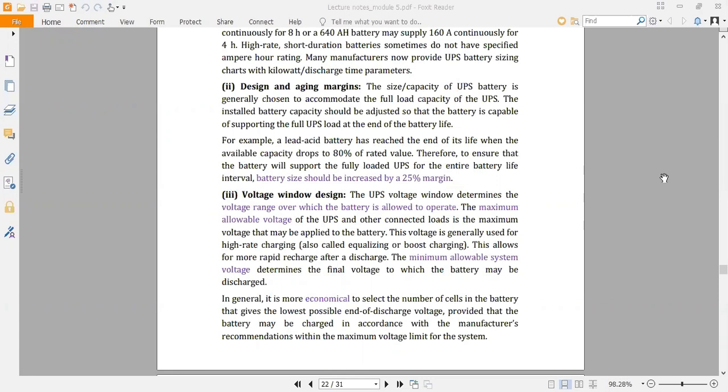डिजाइन एंड एजिंग मार्जिन कहने का क्या मतलब है हमारा, कि हम लोग जो बैटरी सेलेक्ट करते हैं कि व्हाट शुड बी द साइज ऑफ द बैटरी। ओके, तो नॉर्मली हम लोग देखते हैं कि अगर हमारा रिक्वायरमेंट है सपोज 1 किलोवाट लोड है, घर में हम लोग जो भी यूज कर रहे हैं लोड, अगर वो 1 किलोवाट है, तो बैटरी हम लोग क्या सेलेक्ट करेंगे, उसका साइज क्या होना चाहिए जो कि इस 1 किलोवाट लोड को फुलफिल कर सके।